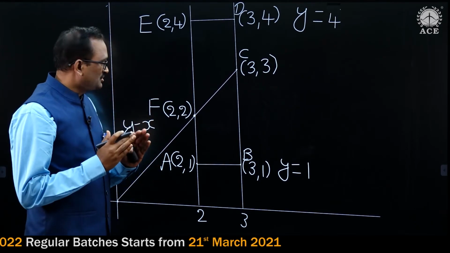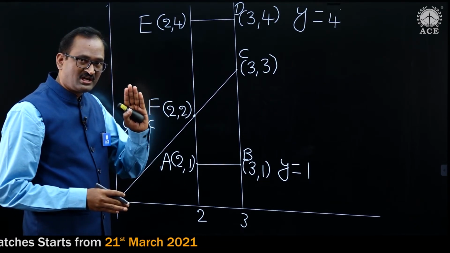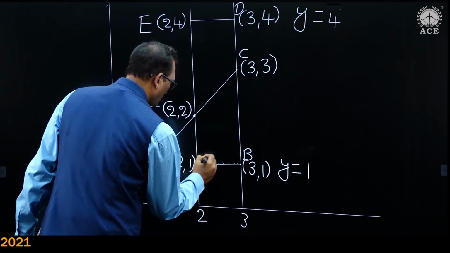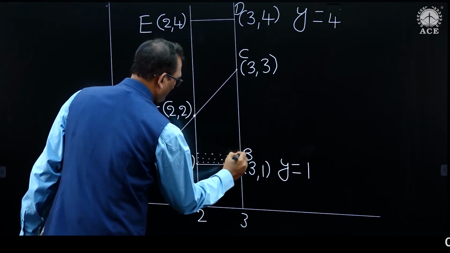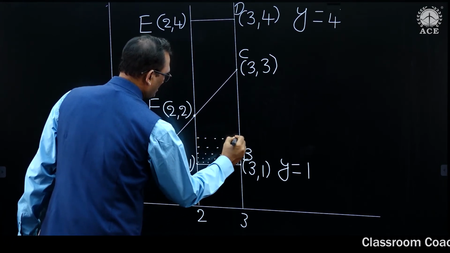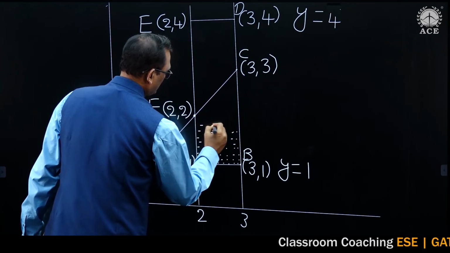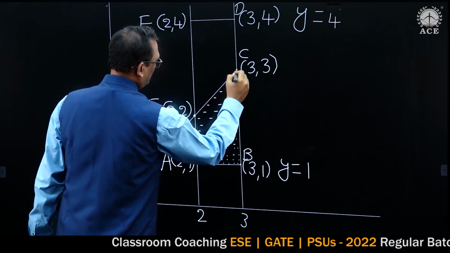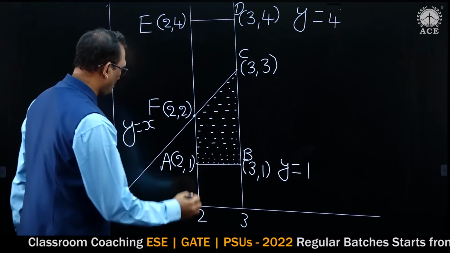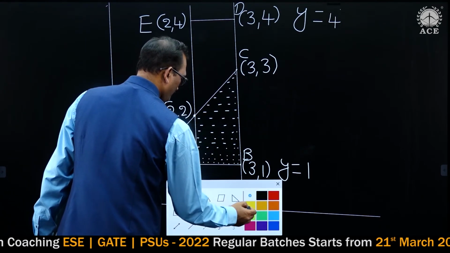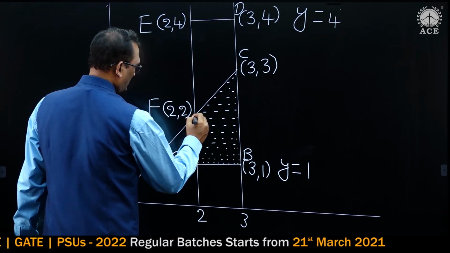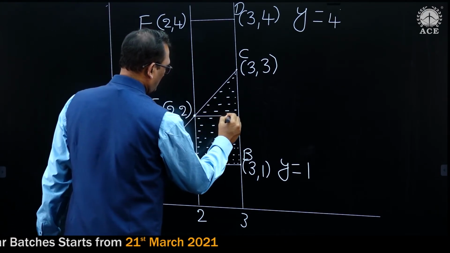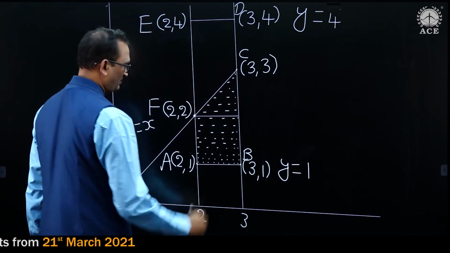Now, we just need to find the probability of y less than or equal to x. Y less than or equal to x means we need the area below y is equal to x. So, sketch the region below y is equal to x. This is a trapezium area, or you can do it like this also. I want to split this area into two parts. This is the first part, this is the second part.